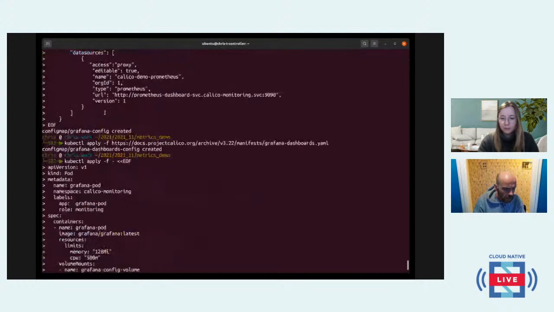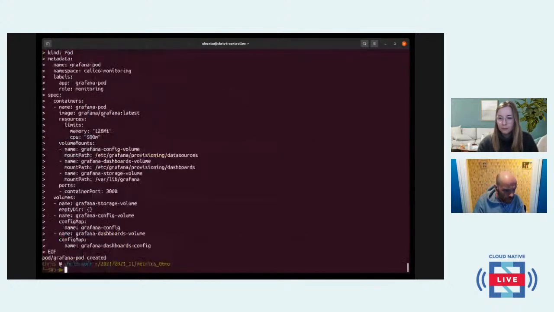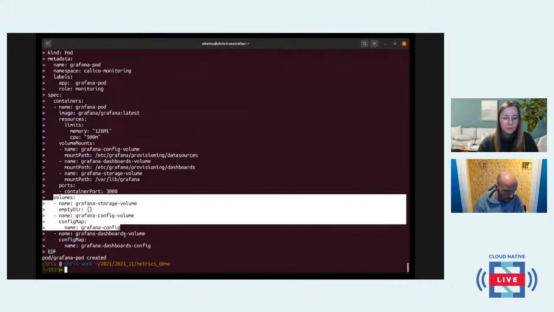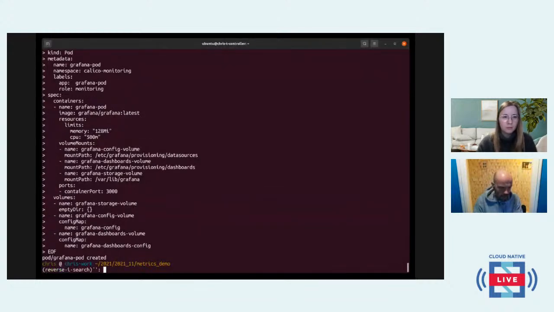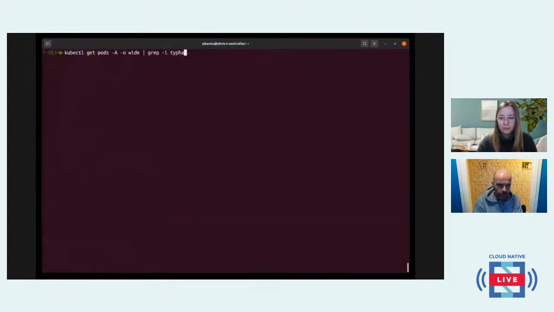Oh, Grafana config, yeah, sorry. So you have the Grafana config that we created a moment ago, and we pass that in and mount it in a volume. So if everything's worked properly, we should now be able to see that if we look at all of our pods,